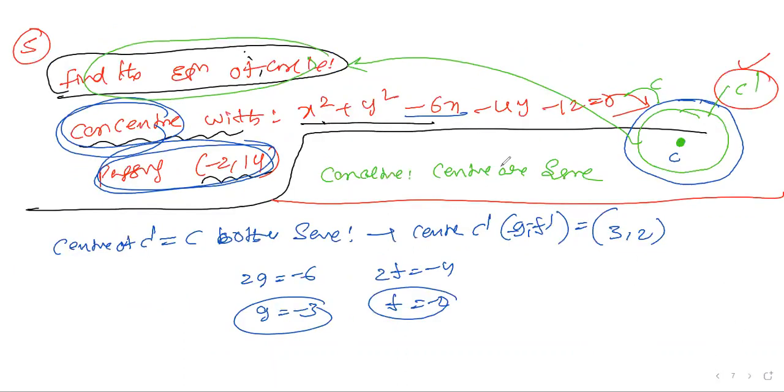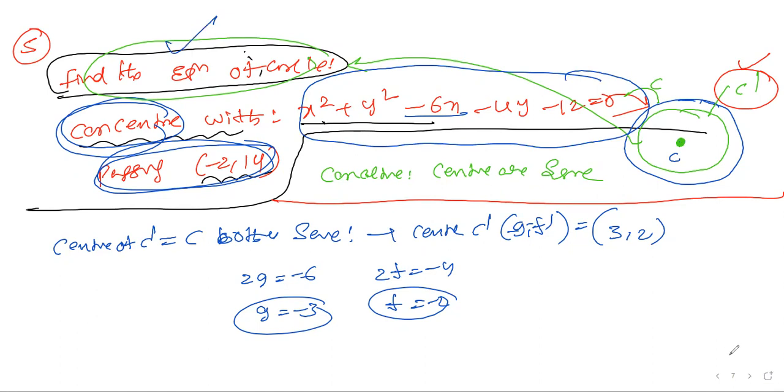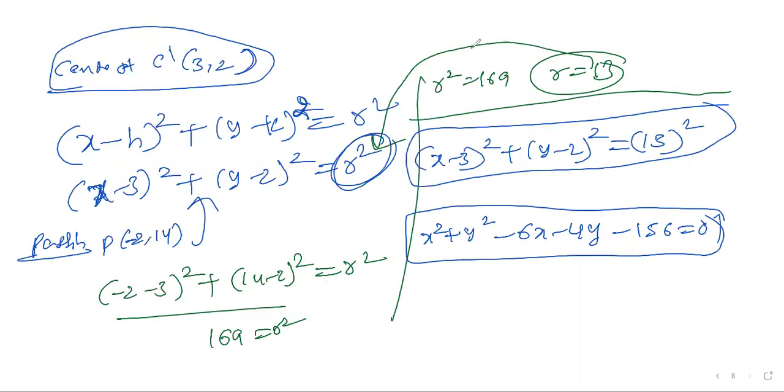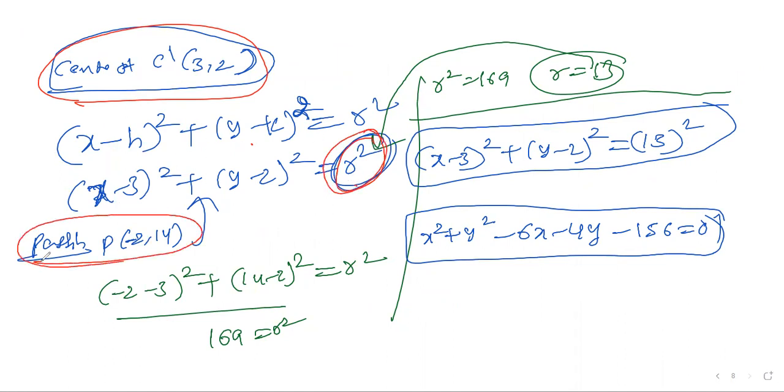Clear? I'm repeating once again: concentric means both circles' centers are the same. Therefore, this circle's center is the same as the center of the circle I'm going to find. From this, I should take the center. After the center, I frame the equation, but while framing I also need the radius. To find the radius, they're telling us the given circle passes through a point. I substituted the passing point and got the value of r. We did this in the previous lecture also. After finding r, I substituted it and got the required equation. It is very simple. I think we are clear.